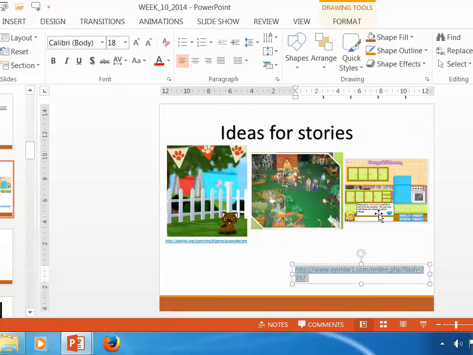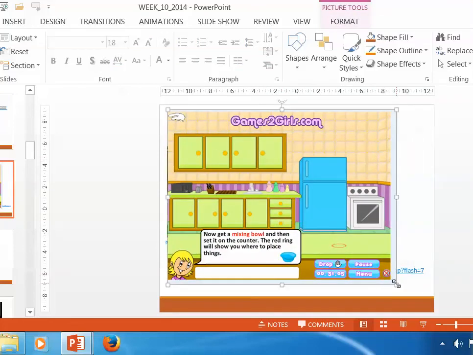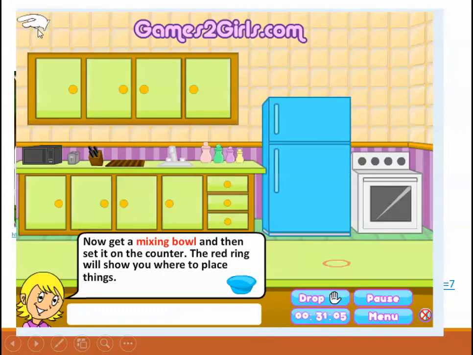So it's a game, it's a complicated game, but actually, if I make the picture bigger, just for our sake, you see this hand? See the hand? This hand moves, so you can pick up the bowl, open the fridge, set up the oven on a particular temperature. You can go and look for pots and dishes and all of stuff. So all these things open, right? So the hand will open this thing, you know, whatever. And this is your stove here, I think. Oh, this is your table where you put things when they ask you.